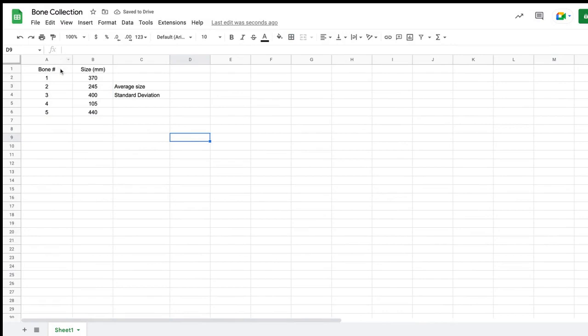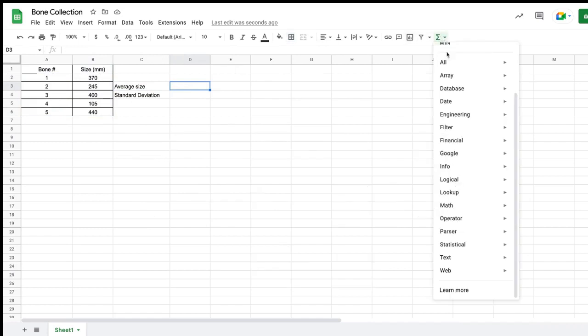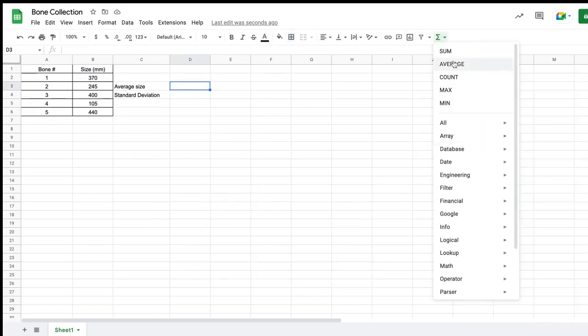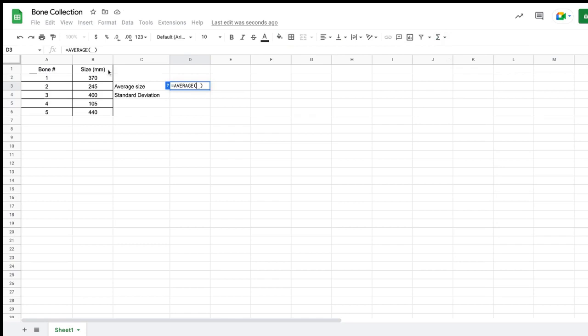Here's the bone numbers and the size, and now we're going to make Google Sheets do the work. I'm just going to pretty it up a little bit. There we go. Okay, so we want average and standard deviation. Average is simply the sum of the values divided by the number of values. Let's make Google Sheets do it. So find the formula average, and this formula will do the math for you. It will add the sizes. You just have to say what you want added together, and then it will divide by that number to get